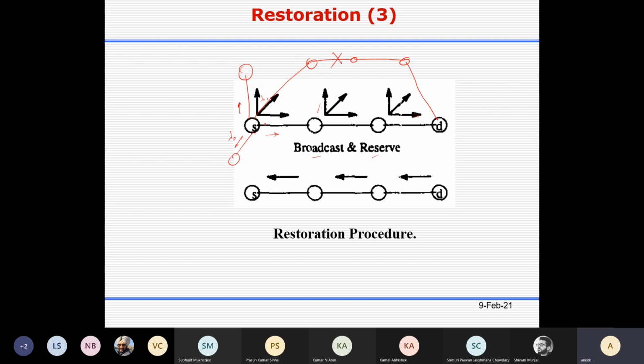Then after the path is set up, this node will send a control message and undo this reservation. Or let's say it goes along some path, and then it sees that the hop count is crossed. That means this wavelength reservation is not needed. So those intermediate nodes will send the control message and undo the wavelength reservation.